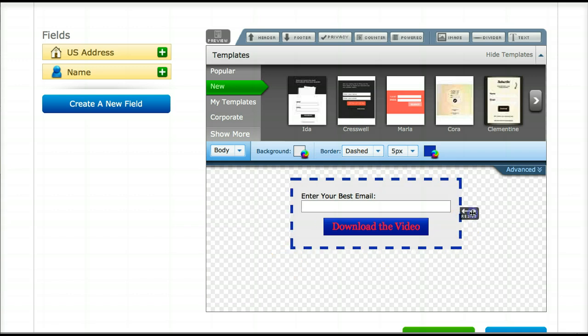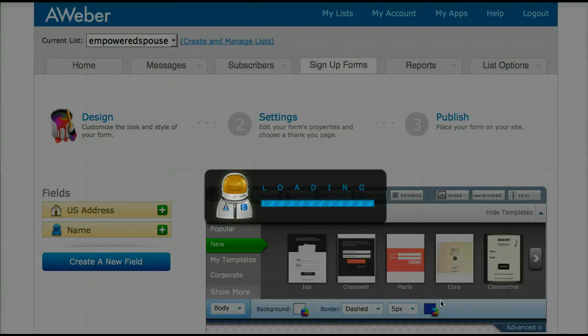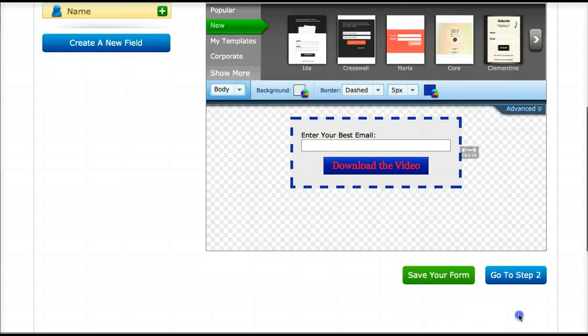Make that a little wider. And if you like the way it looks, you can play around with it until you get something that pops, something that goes with the theme of your site, and then click Save the Form. Go on to step 2,